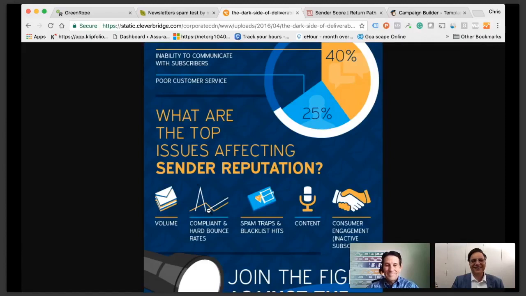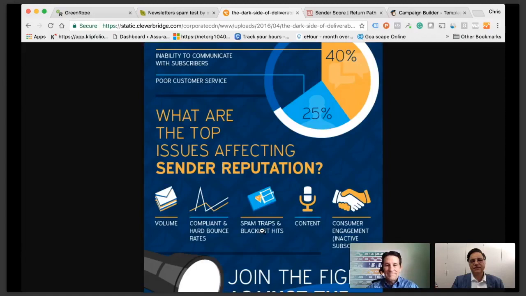But the number of people that click on the spam button will affect your reputation. There are also something called spam traps as well as blacklists. Spam traps are, I'm going to give you the classic case that a lot of startups don't know about. If you go to an event, let's say you're doing a trade show somewhere, and that trade show says, I'm going to give you the list of attendees, but you can only email them once. And you say, no problem, and you take the list of attendees and you email that list. And then for some reason you decide, well, you know what, I'm just going to go ahead and email it